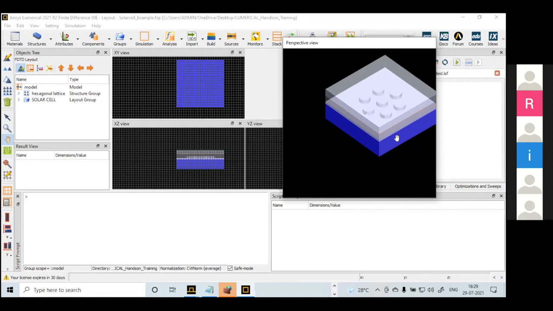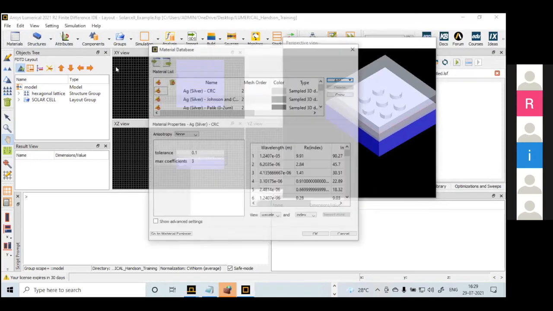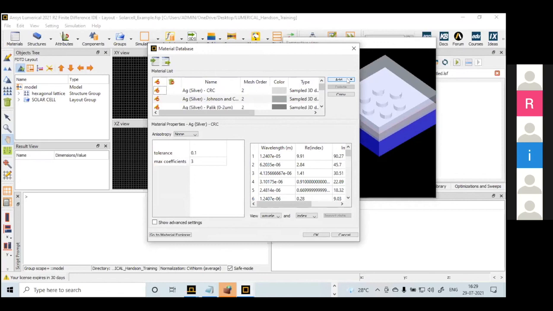Sir, do we have to use only the materials listed in that tool, or can we add others? You can add any material, madam. I told you, here you have the material database. No, not from the database. Some other material like gallium nitride, if I want to add, which is not there. There is a standard material, it will already be in the database. See, gallium arsenide is there. If you want gallium nitride, yes, the best way is to add it from the Sellmeier equation. I told in the morning talk that the Sellmeier equation is there.